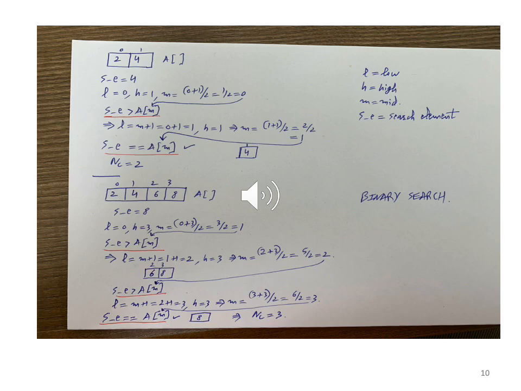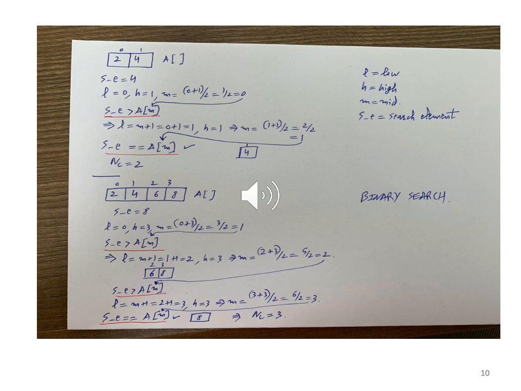All right, so now I am on slide number 10. Here we see a picture in which we do an illustration of binary search for some different values of n. First we see array A, and what is n? 2 elements. So let's say the search element is 4. Let's go through the procedure.